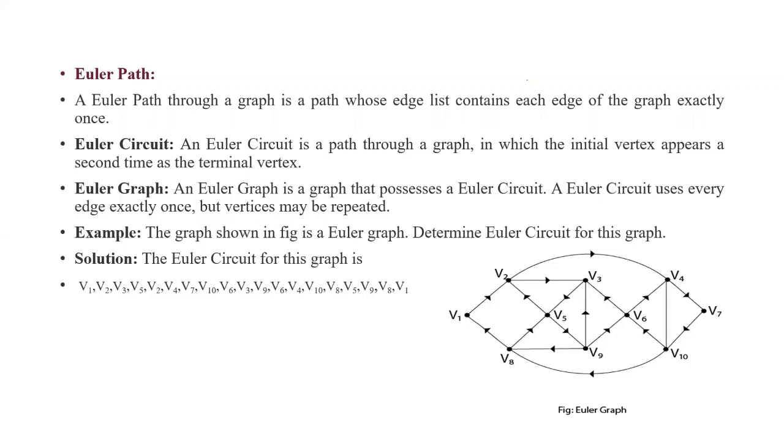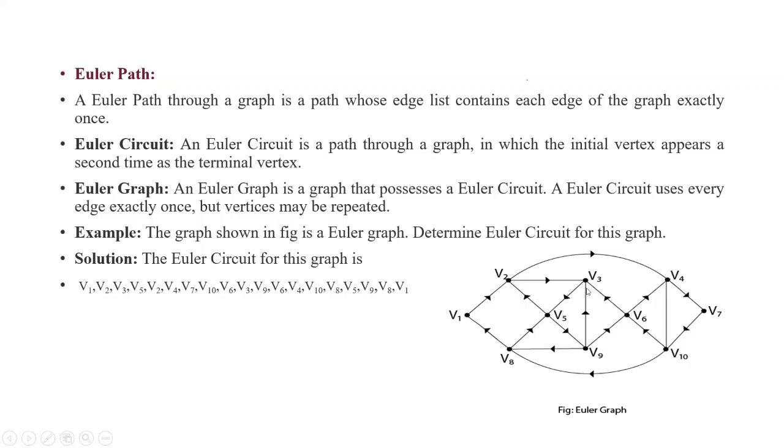So this is an example of this, right? The graph shown is an Euler graph, so we have to find the Euler circuit. In the Eulerian circuit, the first vertex and last vertex are the same. The initial vertex appears a second time as a terminal vertex. So whenever we start with V1, for Euler you have to travel every edge exactly once. So V1, V2,